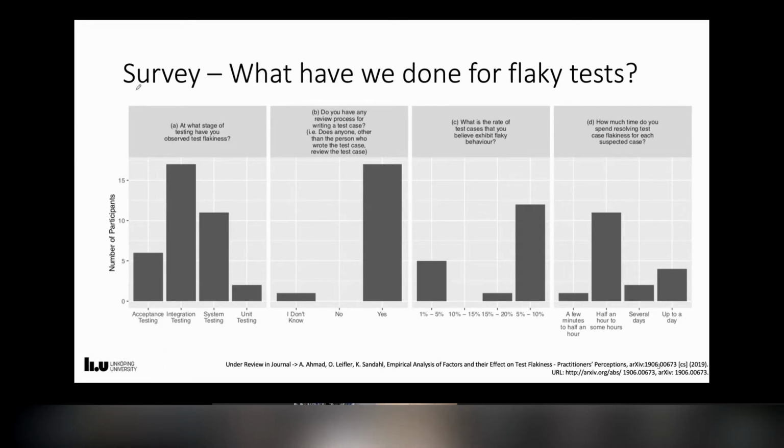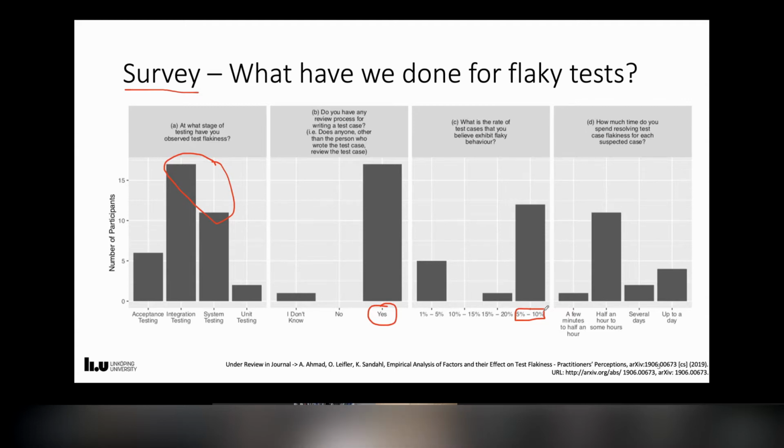So this started with a survey a year and a half ago, where we tried to analyze where the company stands when it comes to flaky tests. And we noticed that most of the integration and system testing is the place where they find test flakiness. They also have a review process. All the companies have a review process, but still most of them have 5 to 10% flaky tests in their test suite. This 5% could be less, but if you have 5,000 or 10,000 test cases,